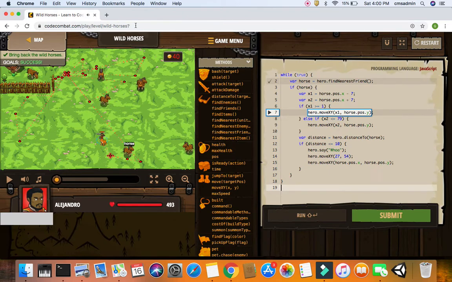In a while loop, we find the nearest friend. If there's a friend, x1 is the friend's position, the friend's x position, minus 10. So it's his left side. x2 is his right side by 7 meters. If x1 is greater than 1, hero moves to the x1 pose and horse.pose.y. Else, if x2 is less than or equal to 79, hero moves to x2